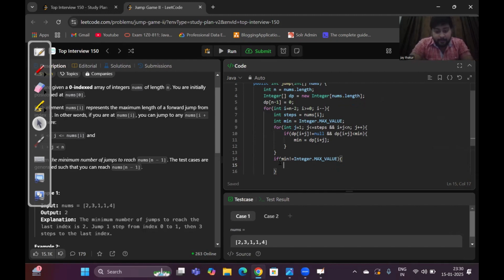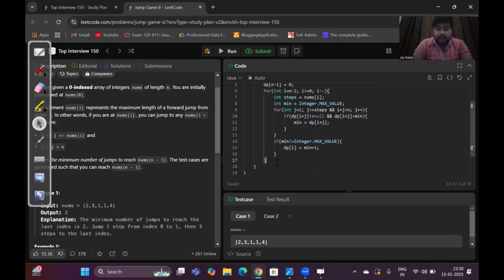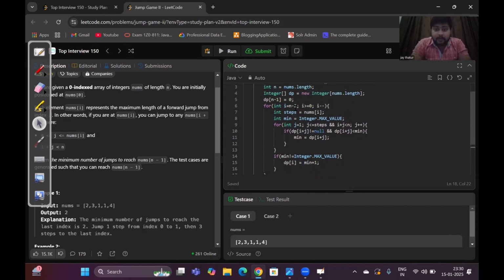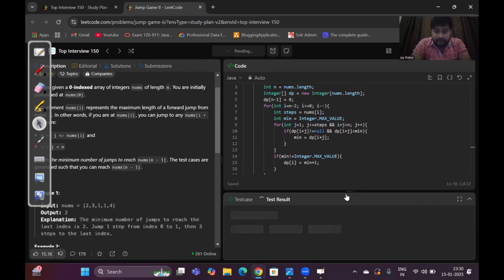In that case, we will store dp of i equal to minimum plus 1. One step to go from the particular index to the intermediate, and then the further steps that are equal to minimum. So that's why it is minimum plus 1. After that, we will come here and return dp of 0, which will store our final result. Now let's try to run this,